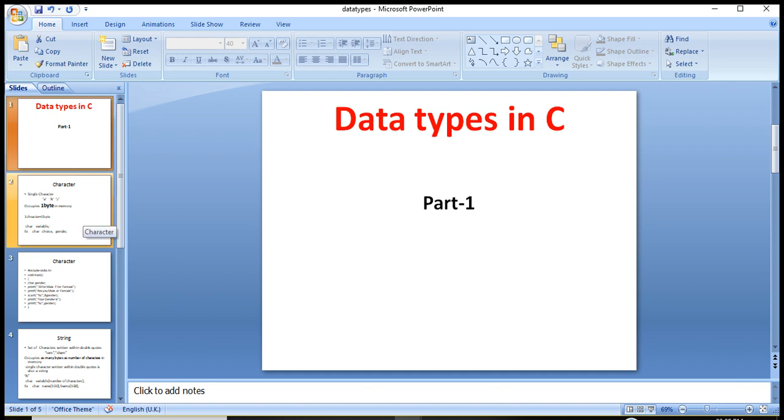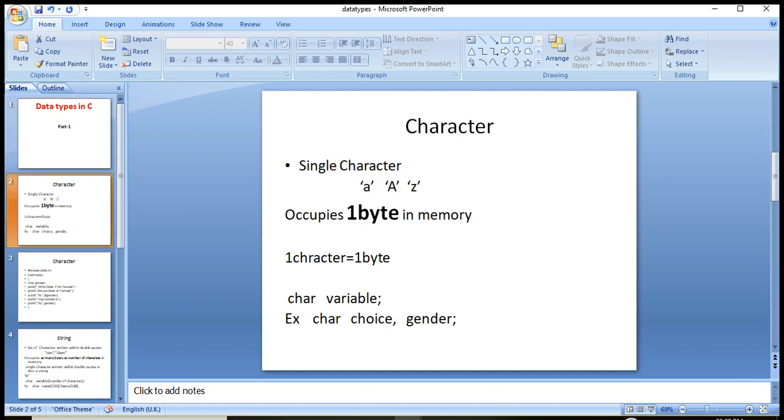So, let's see. Character. What is character? How do we represent a single character in C? Single character is always represented within single quote. It is always written within single quote.